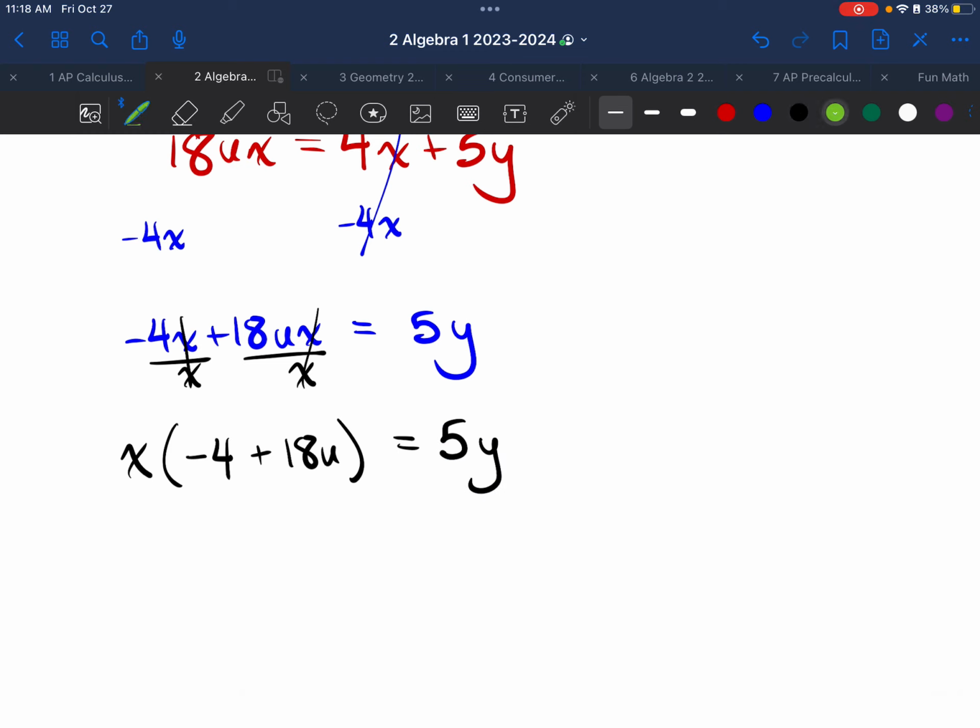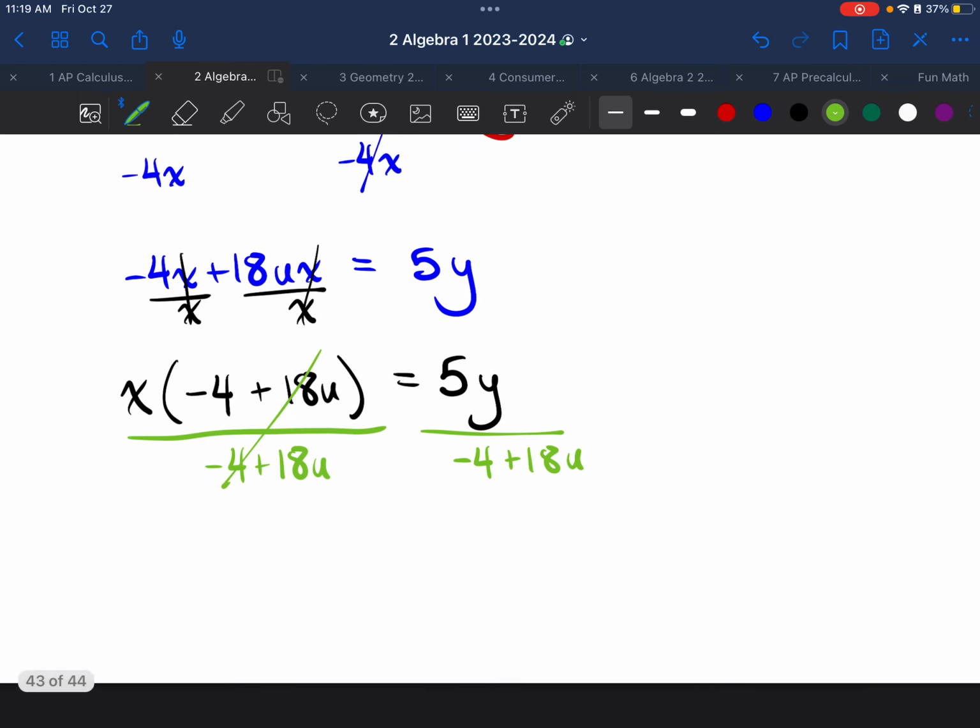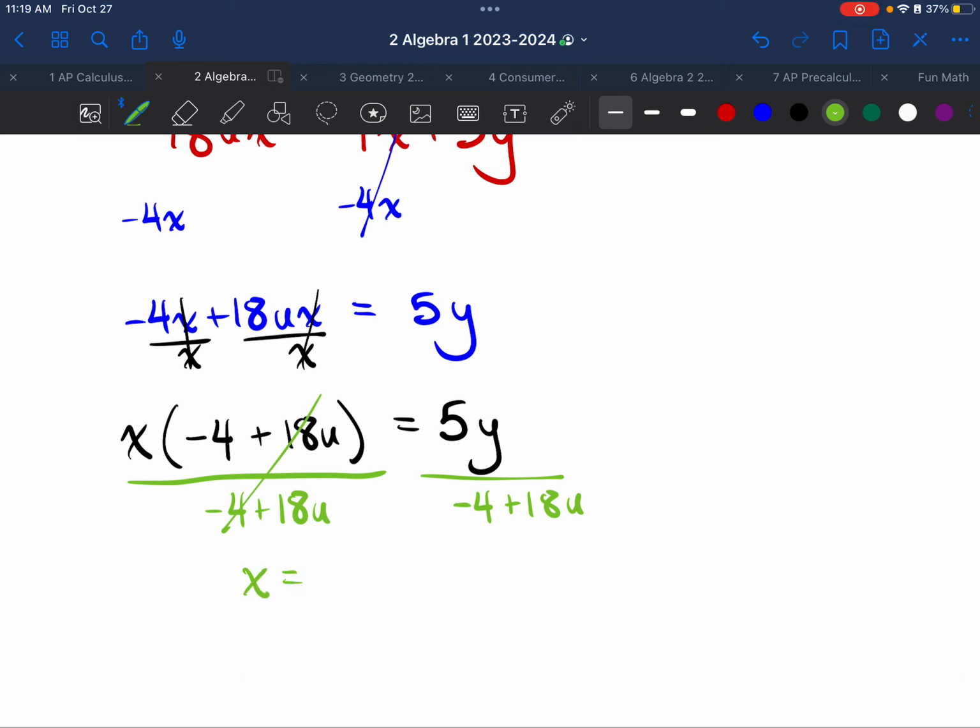And notice again that this is going to be an x times some stuff. The opposite of multiplying by some stuff is to divide by some stuff. So I'm going to divide by that negative 4 plus 18u. And if I do it to the left, I also do it to the right. This is dividing by negative 4 plus 18u. And these terms will cancel each other out, leaving x is equal to 5y divided by negative 4